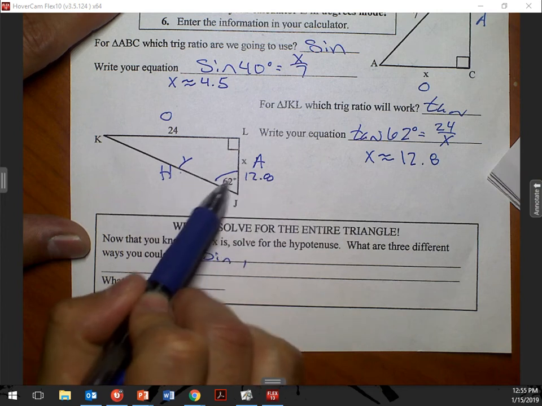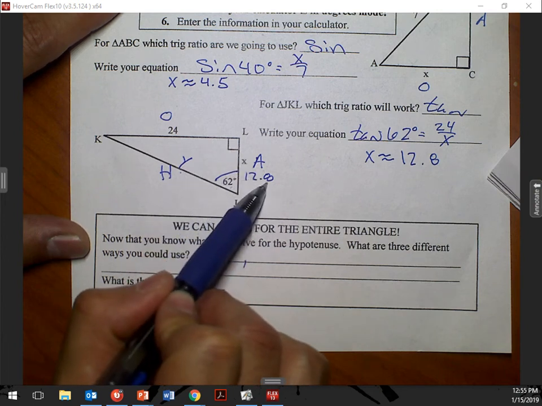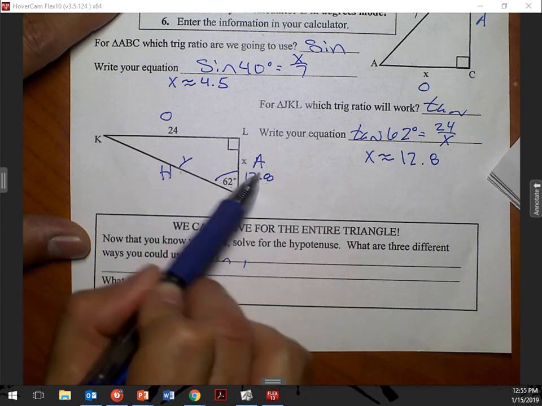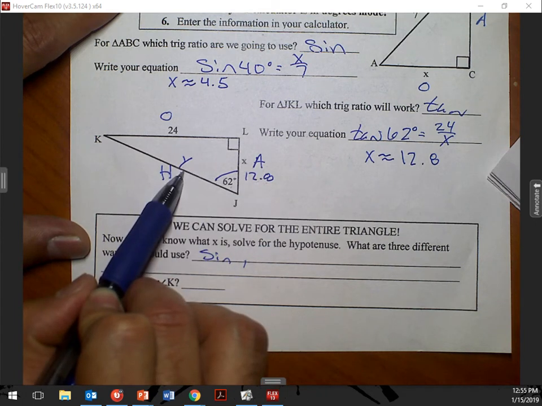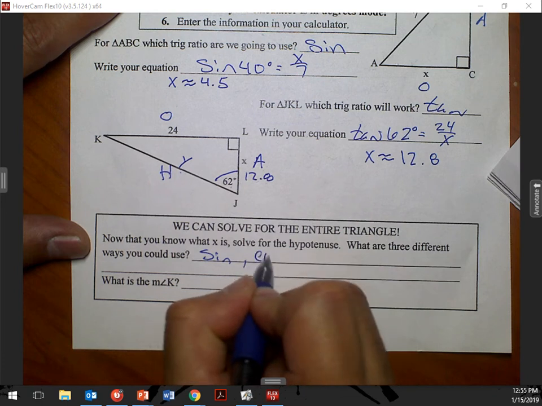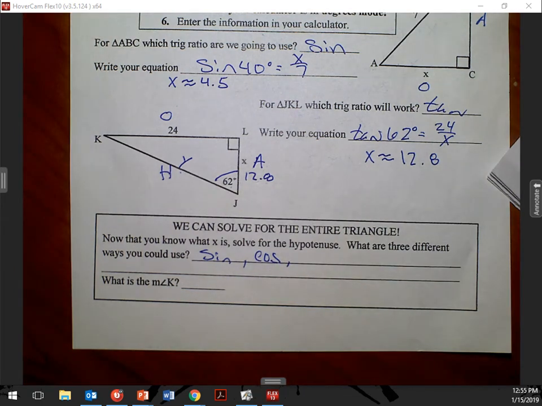Okay, can I use cosine? If I now know that this adjacent is 12.8, and this is unknown, isn't this adjacent over hypotenuse? That is cosine. It is a right triangle. All right triangles you could solve for a missing side using,